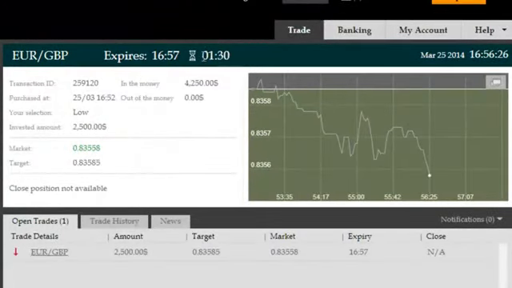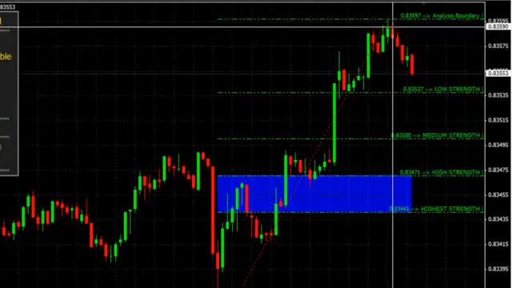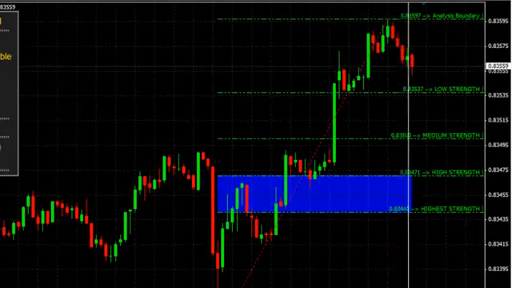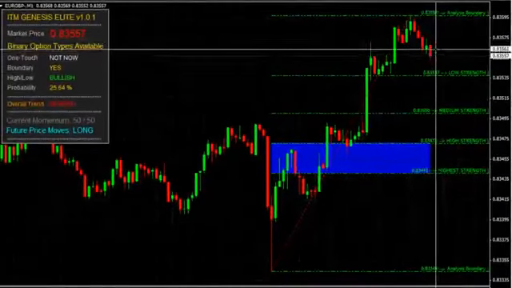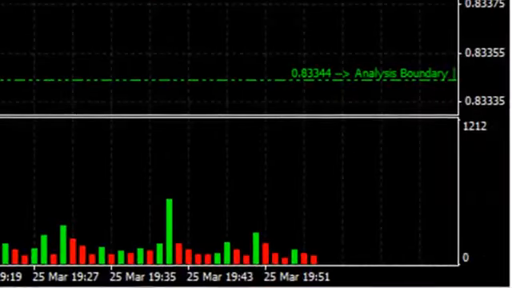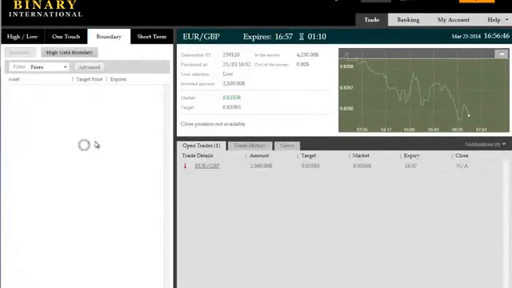Okay, we're back with roughly 1 minute and 30 seconds remaining on this trade. Beautiful, as you can see, very nicely taken straight off of the analysis boundary. Very high probability bounce. At the time, the probability of continuing long was 3-ish% according to ITM Genesis Elite. Plus, volumes had tapered off at the analysis boundary generated by ITM Genesis Elite, giving us a very high probability